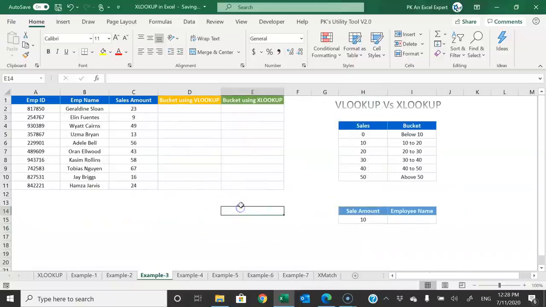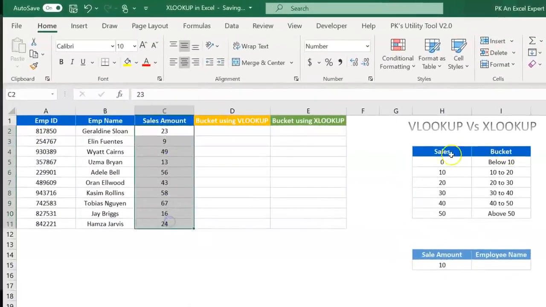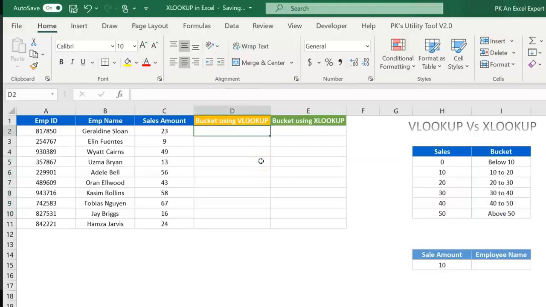In the next example, we will see how we can create buckets using VLOOKUP as well as using XLOOKUP. Let's say we have the employee ID, employee name and sales amount. Here we have our bucket table. If we have 0 to 10, then we will put below 10, and 10 to 20 will be 10 to 20, and similarly for the other buckets. Let's create the buckets using VLOOKUP.